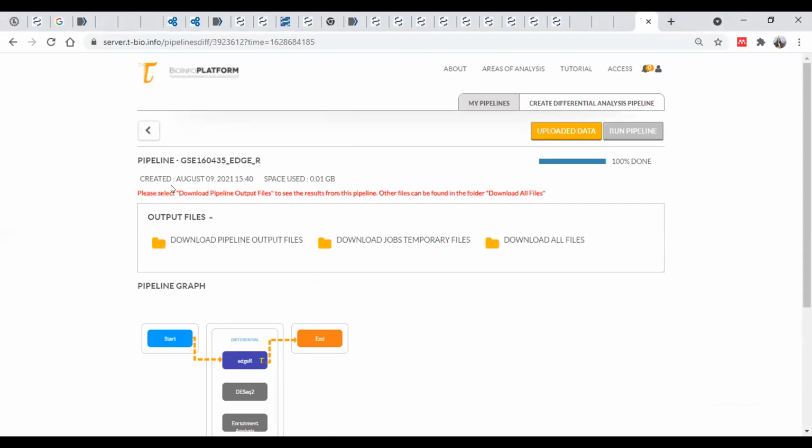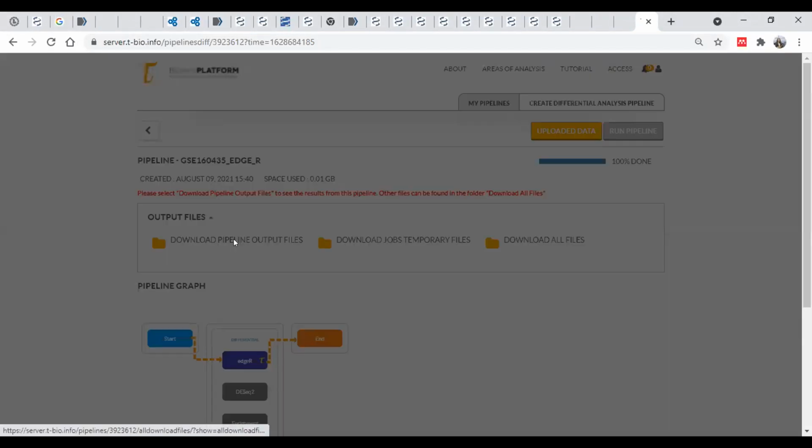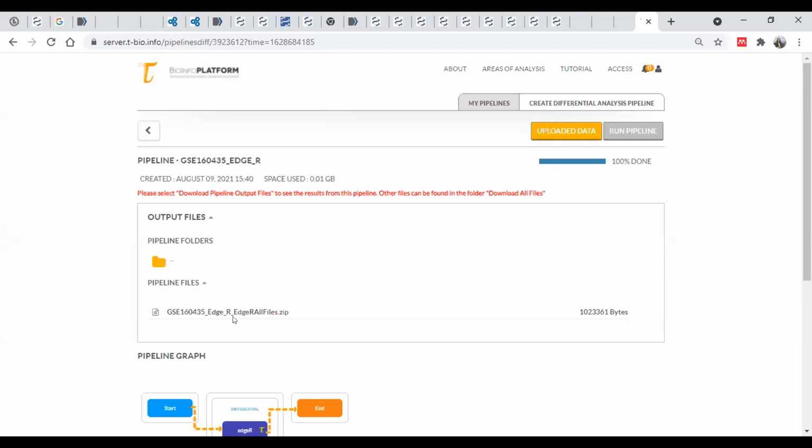So this is the already completed pipeline. The output that you need to download is this zip folder. From it, you will find one single file, which I already uploaded in the Excel file. Let me show you what kind of data, or results, we have. Just give me a second.